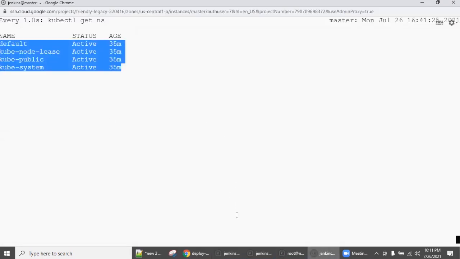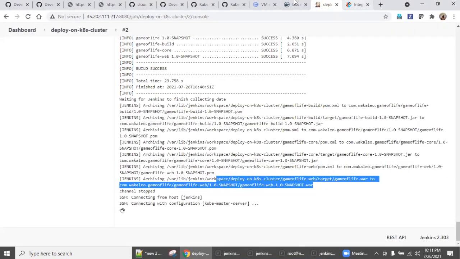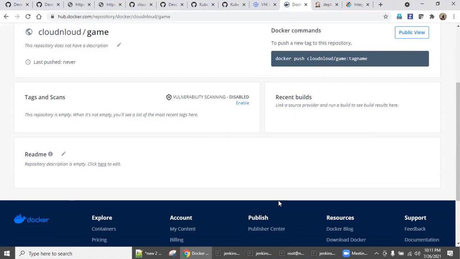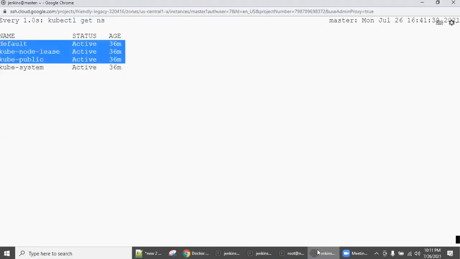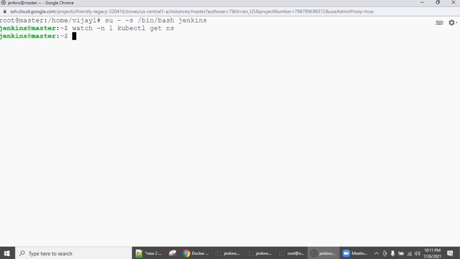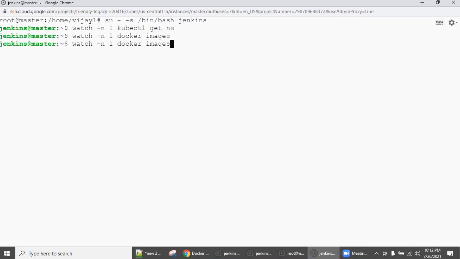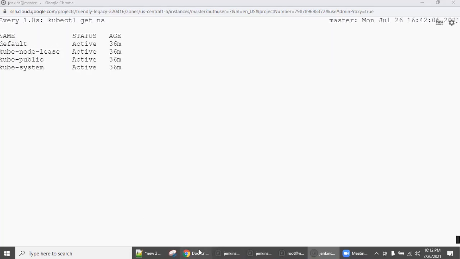You need to keep moving around yourself. So let's go back to hub.docker.com, reload. If you want, you can run another command also, docker images. So instead of this command, you can also say docker images. So yes, this custom image got created. Of course, we will quickly go and check the namespace, wait for the log.